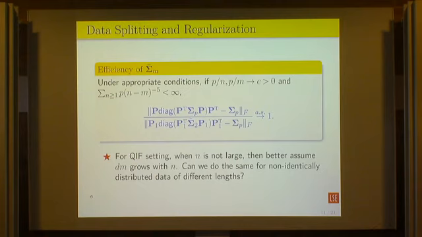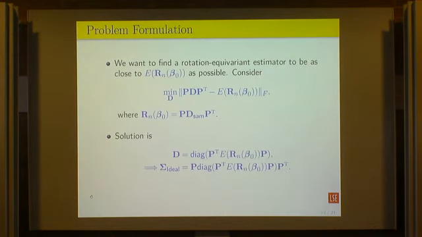Let's go back quickly to what we were talking about. We were talking about the quadratic inference function. In that setting, we have a covariance matrix that we want to estimate, which is a function of the beta itself. So how can we apply this data splitting idea in the QIF setting? Well, we want to solve